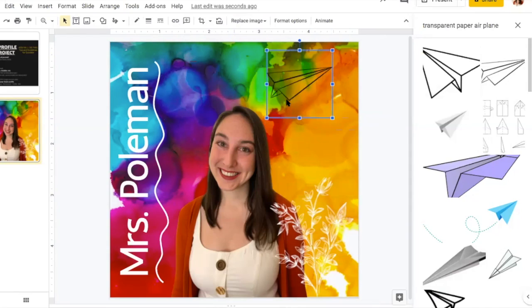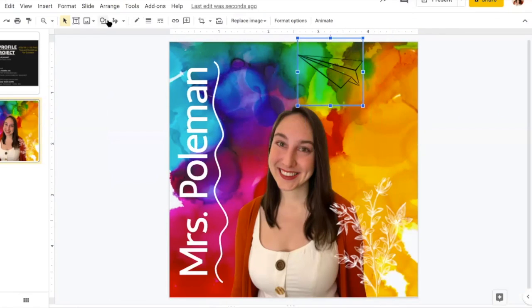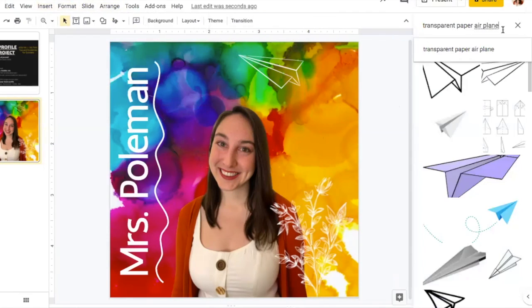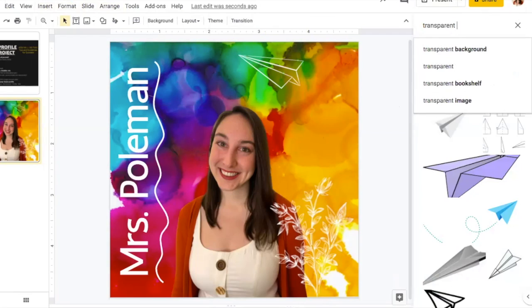Now I don't love the direction it's going in, so what I can actually do is grab from the side and pull straight across to flip it. Let's go for